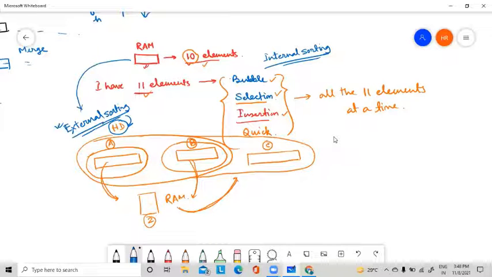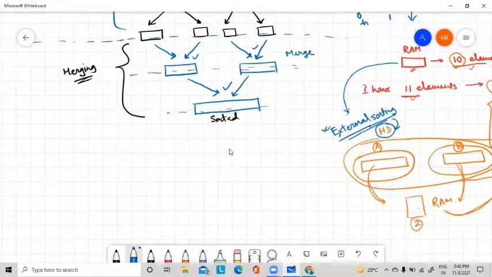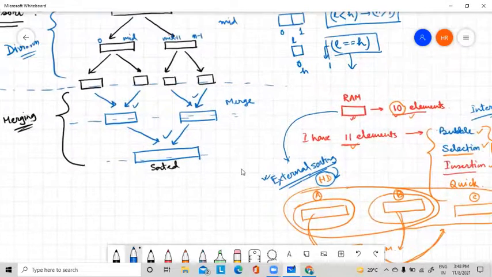So why is merge sort very much important? Because if there is a limitation in our RAM size, even in that case, we can perform merge sort to sort two different arrays or merge two sub-arrays. This is the main advantage. Now we are moving to the merge sort algorithm. I have already discussed the technique.